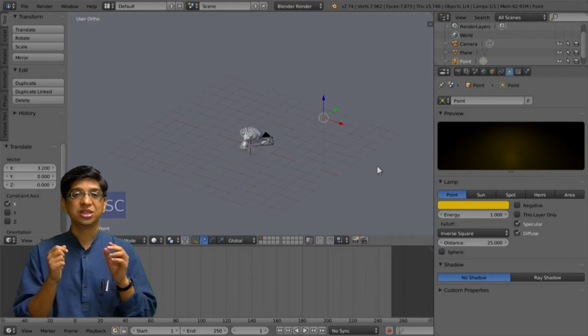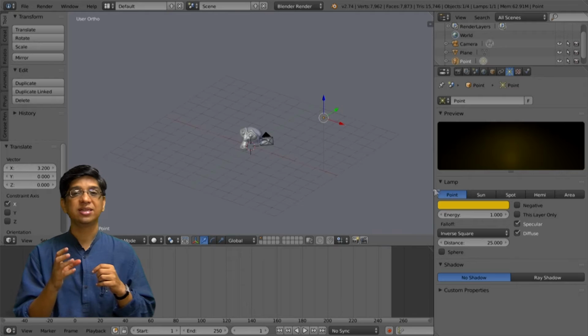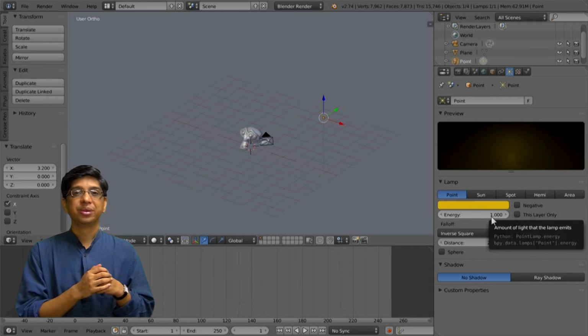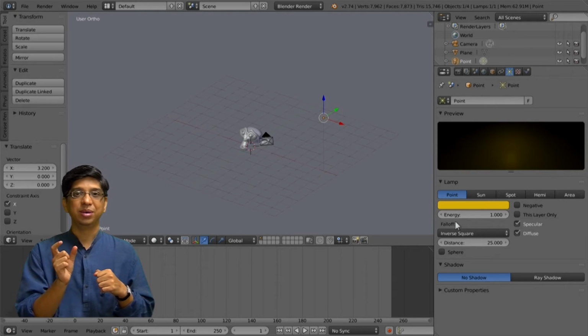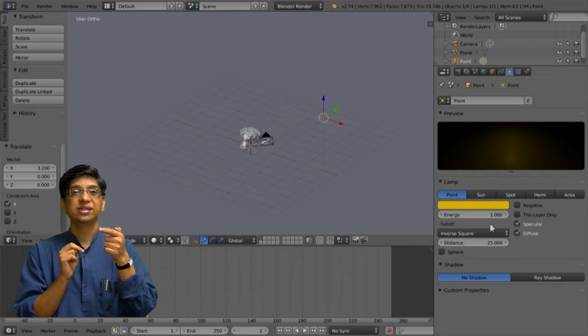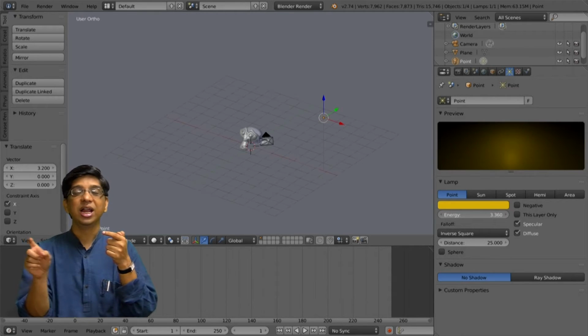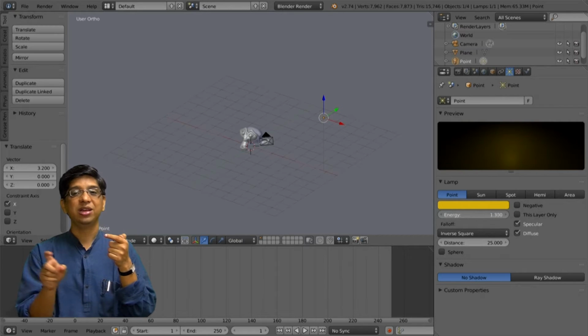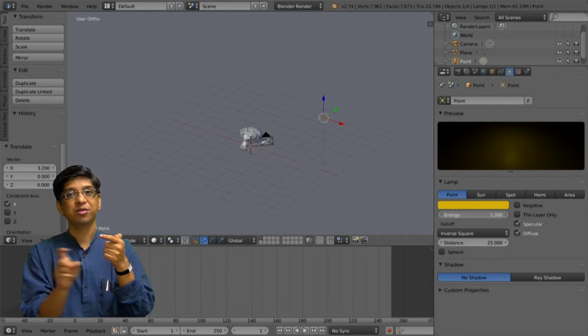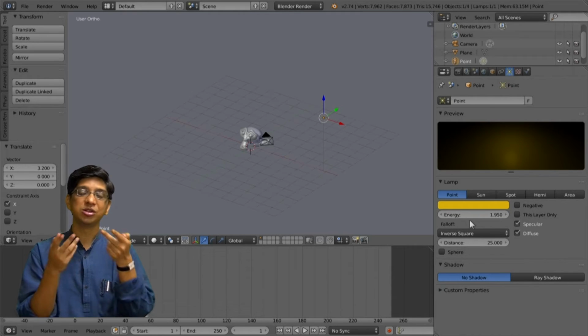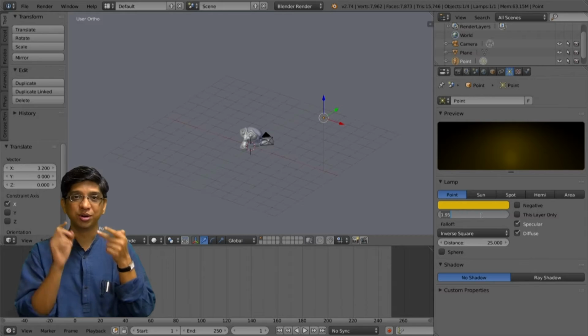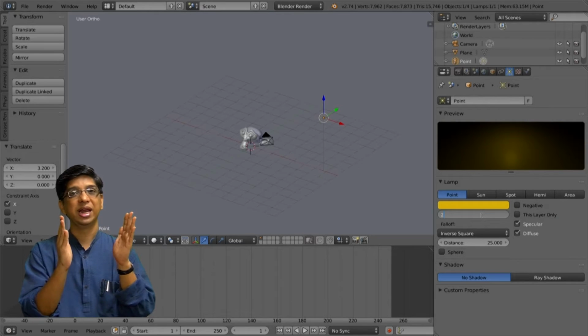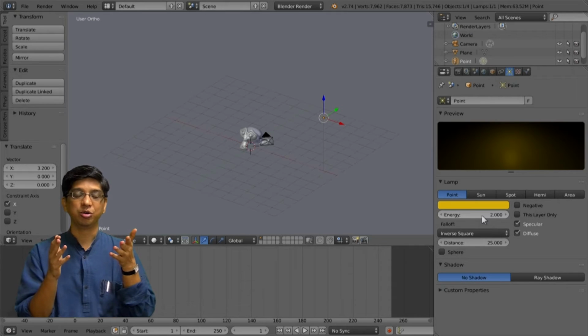We can change the intensity of the light. That is done by the next tab called energy. Here is an important tip for you all. In Blender, for any given tab which has a name and a number associated with each other, you can change it in 2 ways. The first way is to left click and drag left or right. That will change the values automatically, so you do not have to type in. The typing option is also available: you left click on that word and it will change to a numerical entry option. You can type in whatever value you want.